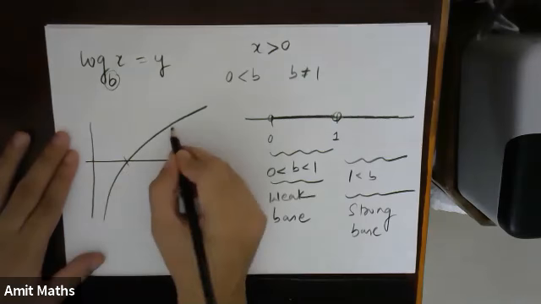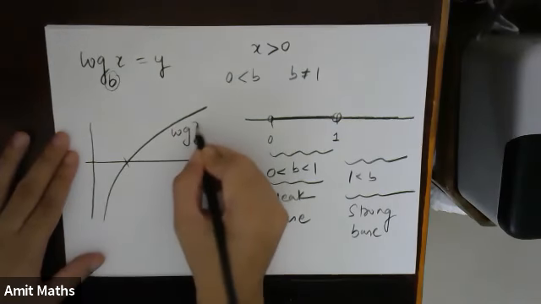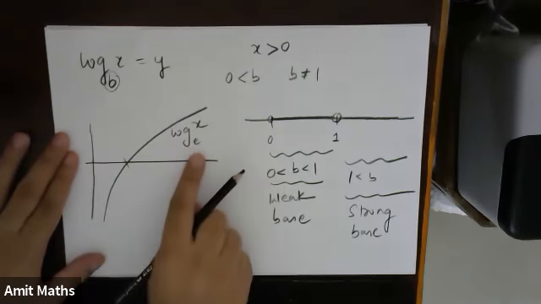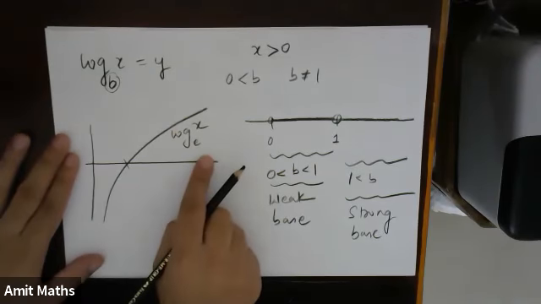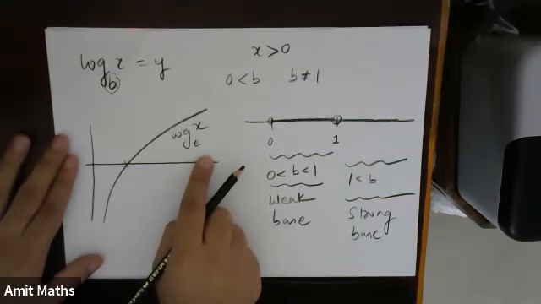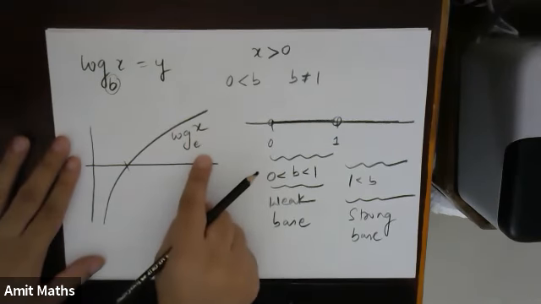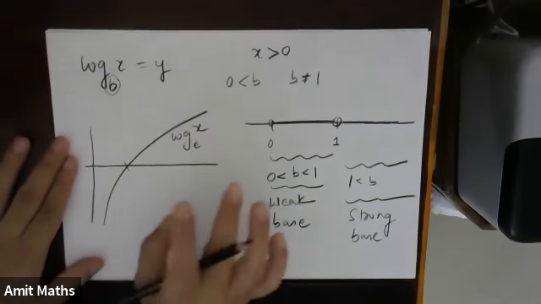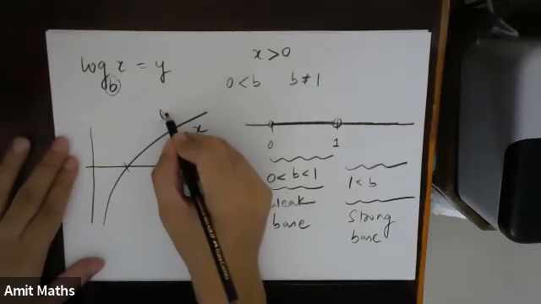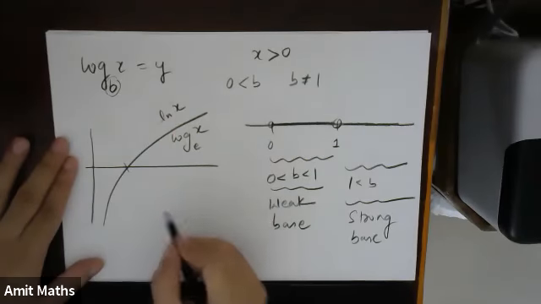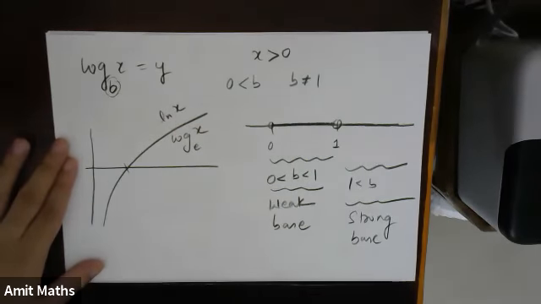Okay, so suppose this is log e x, that means your natural log. E's value is greater than 1, 2 point something. So log base e of x, log x base e, this is your natural log or your ln, which you write as ln x. Fine. This will be your natural log, or log with strong base.